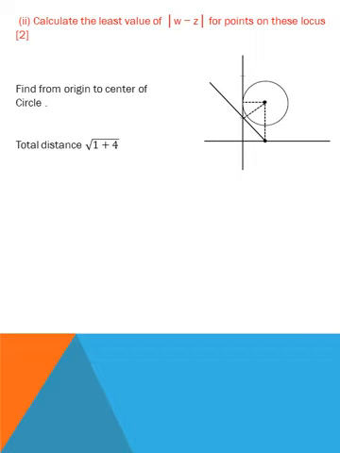So first I take the value which I have found in this, the radius of the circle drawn from point 1 and 2. So find the distance: 1 square plus 2 square, it will become under root 5. Then add the value of radius of the circle 1, so it will become 1 plus under root 5. Okay. So the least value is under root 5 minus 1. Okay.